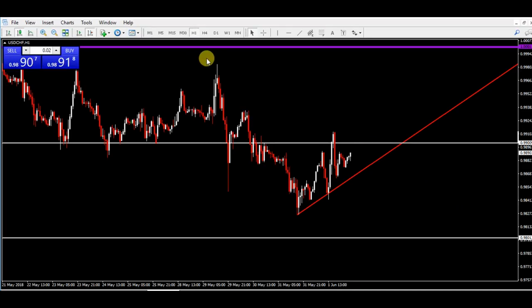All right, this is the 1 hour, and we already know the reasons why, because starting all the way up from the monthly. So you already know what we would be looking for and waiting for is a break and close below this trend line. You can either enter at market once that happens, or wait for a retest of the backside of the trend line after it's broken and closed below it on the 1 hour chart.